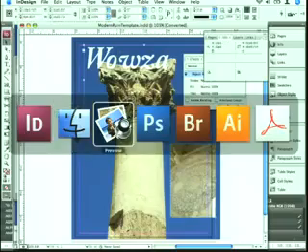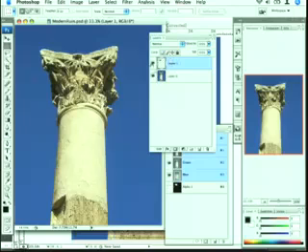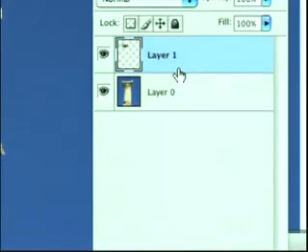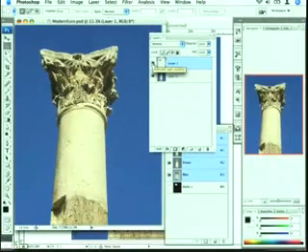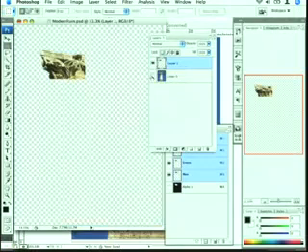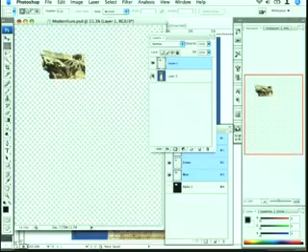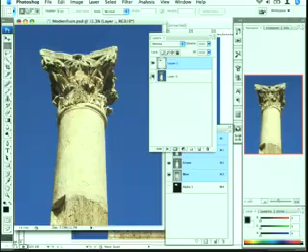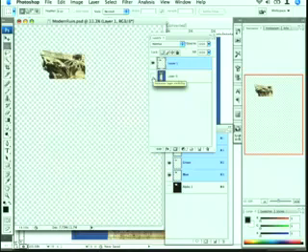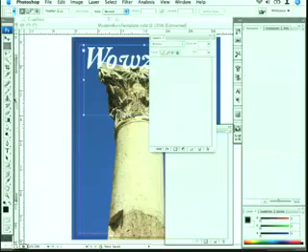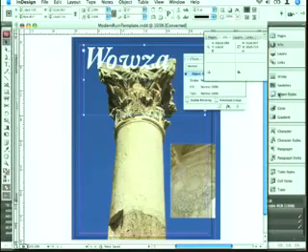Back to Photoshop. We're on Photoshop, right? In Photoshop, you may have noticed that I have a new layer, and on that layer is a little chunk of that plinth column, whatever that thing is. So I just copied that and put it on a new layer. That's all. It's just sitting on its own little layer all by itself. Now, I'm not going to do anything in Photoshop. I just needed you to see that that's what I did. And that wouldn't take very long, right? Just select it, Command-J puts it on a new layer, close it,